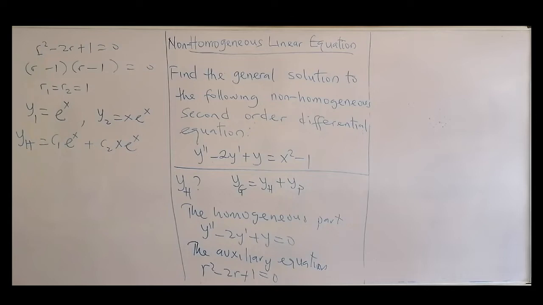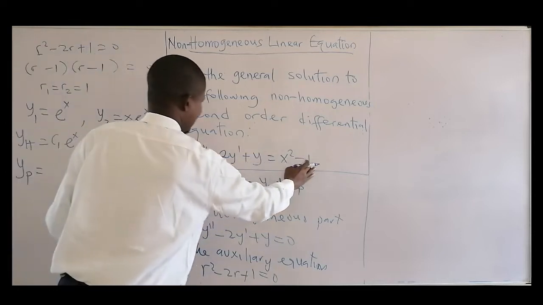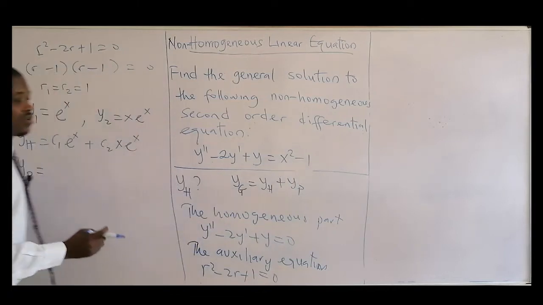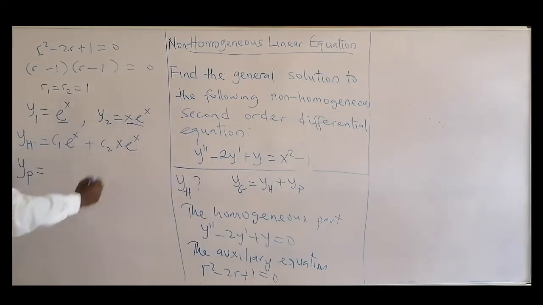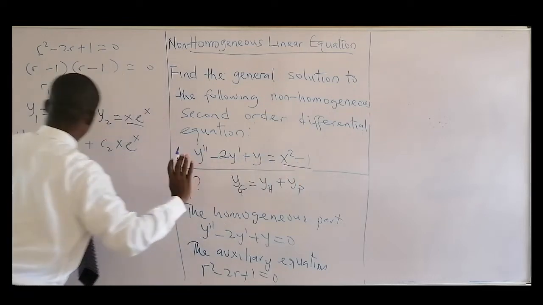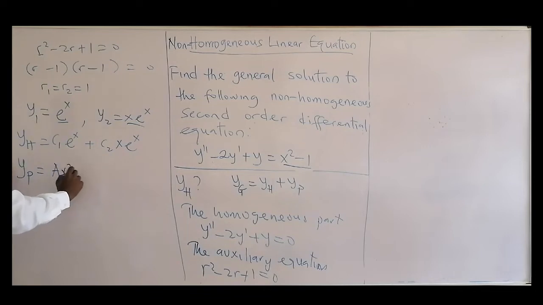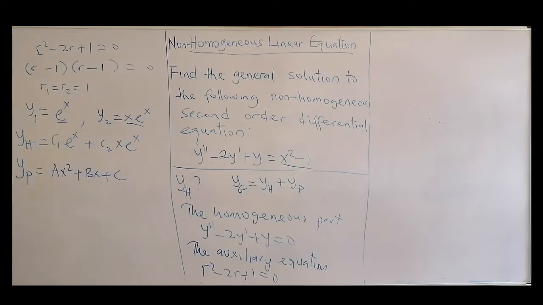Okay, then the next thing is to get the particular solution for the differential equation. So we now check: this one, x squared minus 1, is quadratic. It's a polynomial of power 2, and none of the roots of the auxiliary equation have any form of this. This is exponential, so none of them have this form. So basically, our yp will just be a polynomial of power 2, that will be equal to this plus this plus this.